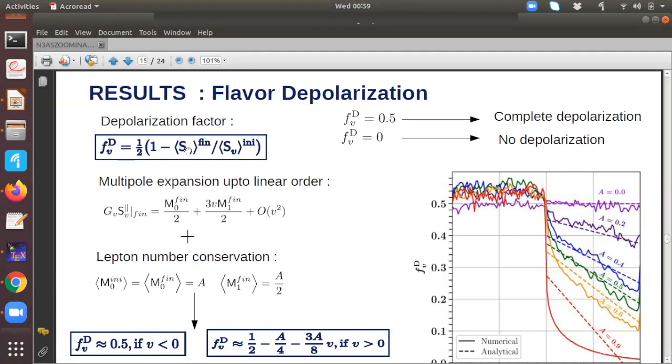basically equal to SP initial, then FD becomes 0, which indicates there is no flavor depolarization, and the polarization vector is stuck to its initial value. But when this polarization vector becomes 0, then this FD will become 4.5, which represents a complete depolarization in the system. So using this multipole expansion of the polarization vector, and also the lepton number conservation, which